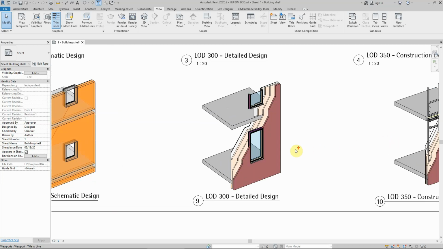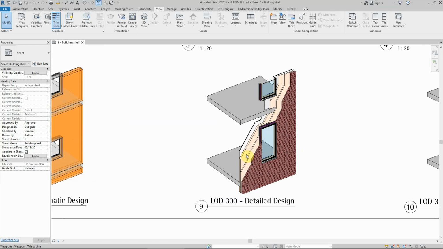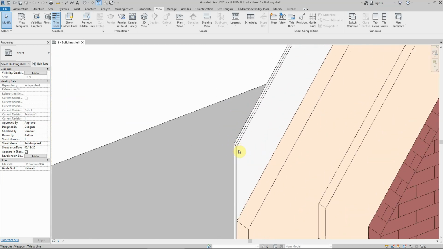Here, we've started looking at the finishes of the building. So we've decided that this is going to be a brick clad building. Develop the fenestration further, so the sizes of this are developed further, and we've begun to start thinking about the construction of the external walls. So here we are looking at 2 layers of insulation and 2 layers of plasterboard on the inside.